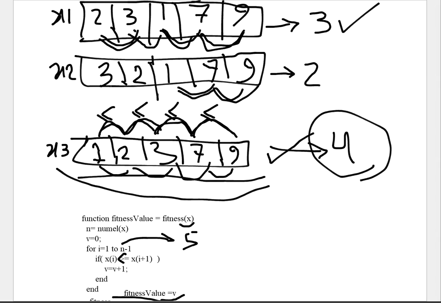We can write another fitness function. For example, we can add some penalty value or negative value if there is a greater value in the left than in the right. So for solving this problem,